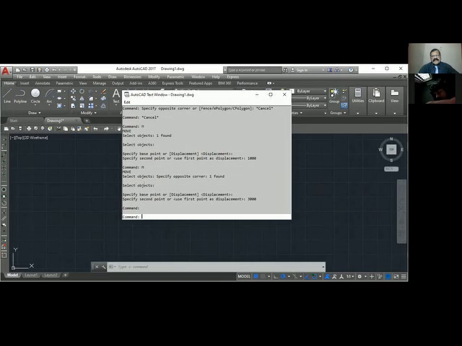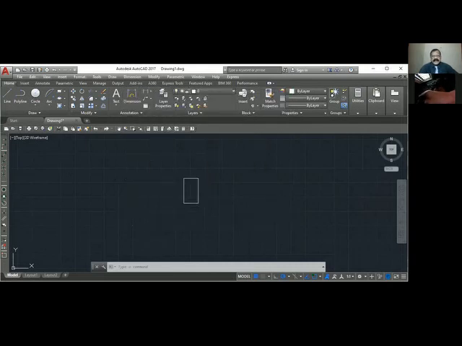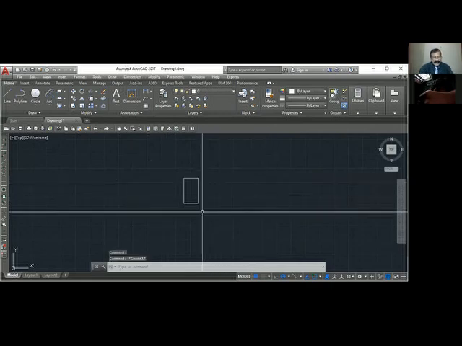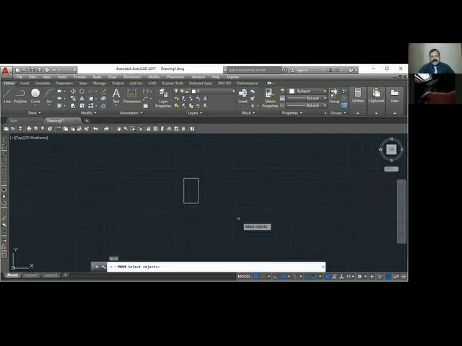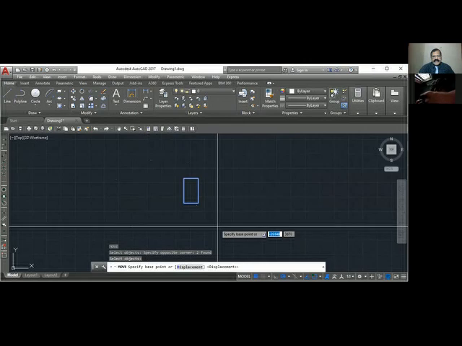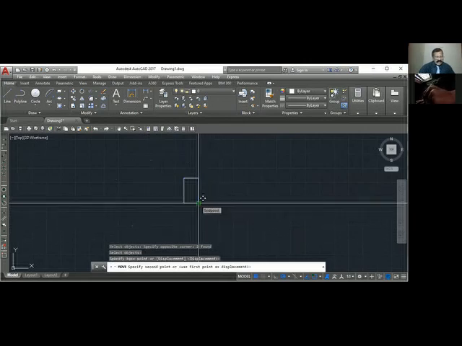Select the object, then show a base point, then the second point. For the second point, you can type the distance, or you can use the relative format: length less than angle. See, I can use this using the relative format also. Move, M, select the object, base point. I will say at the rate,